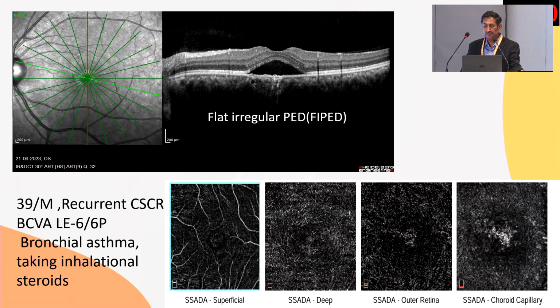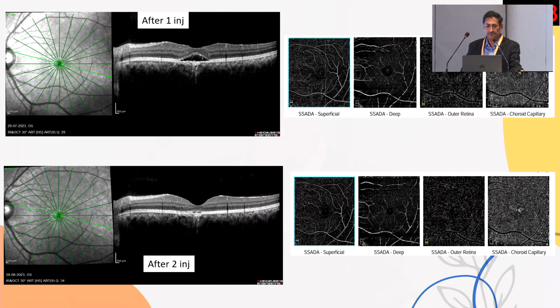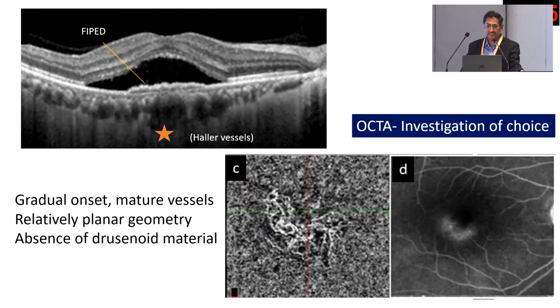And you can see the vasculature, and such patients have to be treated with anti-VEGFs. And this is after 1 injection, this is after 2 injections, and you can see the change in the tangled vasculature that you have seen. And the other thing is that this is the same, you are seeing a FIPED here, and you don't forget the morphology of the